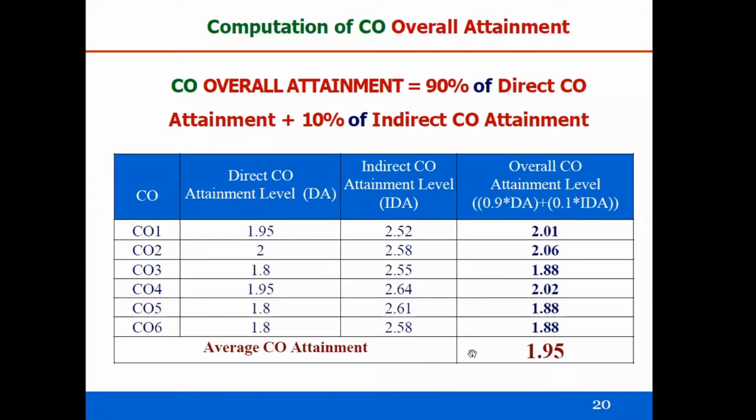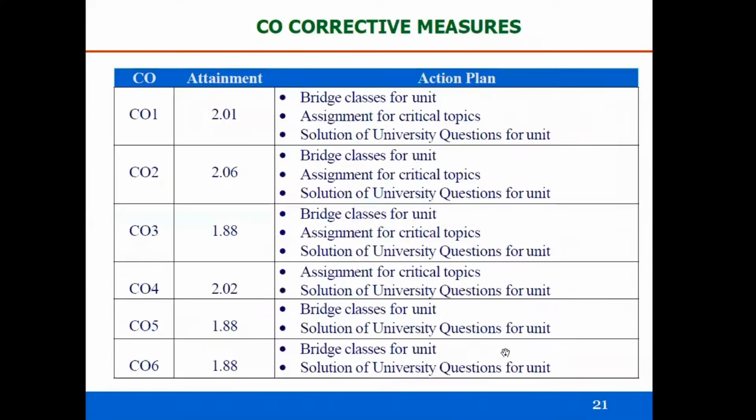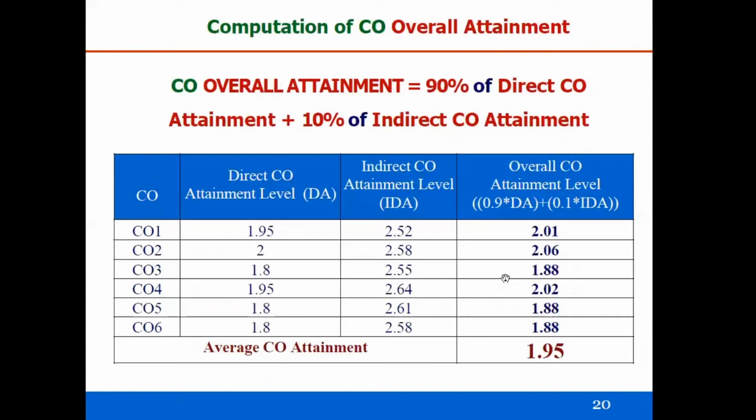Now for every course, we have to compute this overall CO attainment value, then list out all the COs. Before that, we have to define the corrective measures. For every CO or PO, the target level means 100%, that is satisfaction level 3. So your attained value every time you have to compare with level 3, and based on that, you can provide corrective measures. Here no CO secured 3. All are less than 3 only. So that's why the 100% attainment is not achieved.